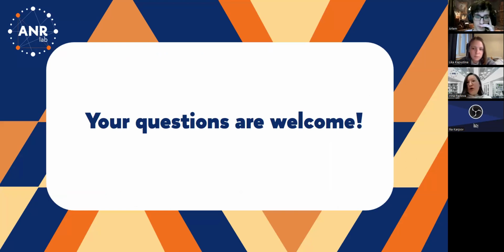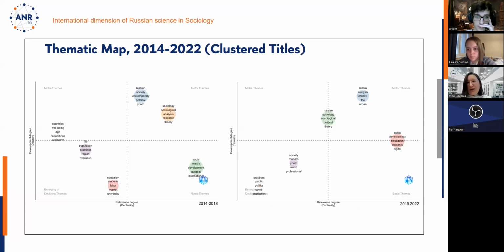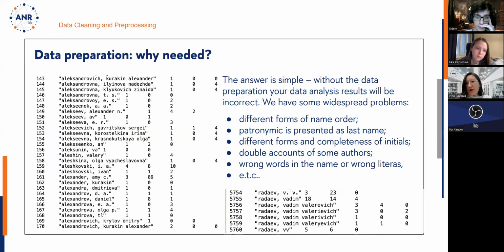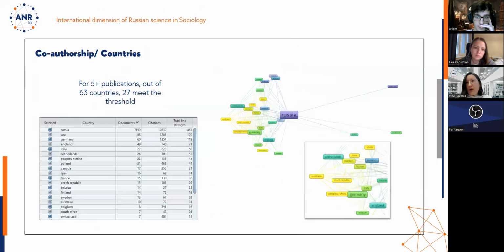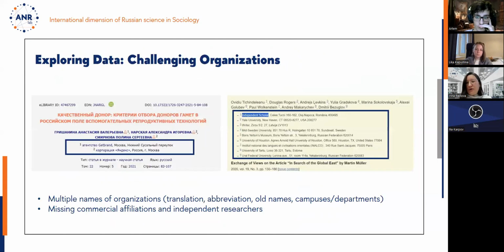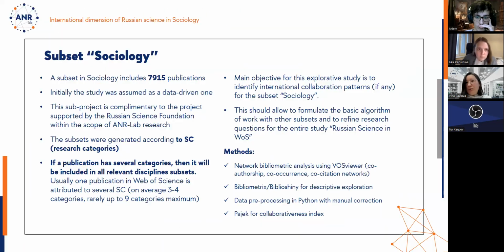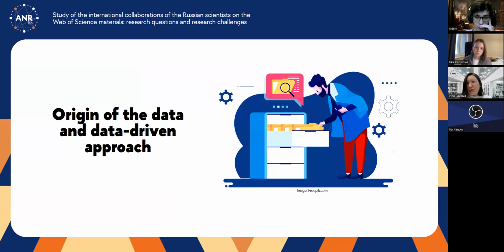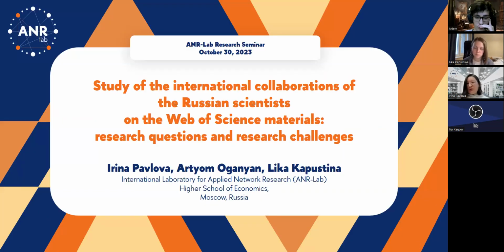That is all we wanted to talk about today. For the sociological analysis, we have already sent it for revision to the Sociology journal. So the sociological analysis will be published. We will finish working with political science and economics, and after that we will be able to move to the general picture of all disciplines, to study collaborations of Russian scientists.